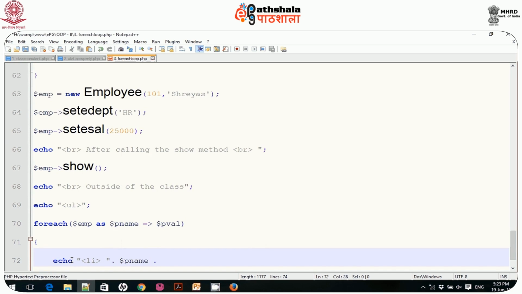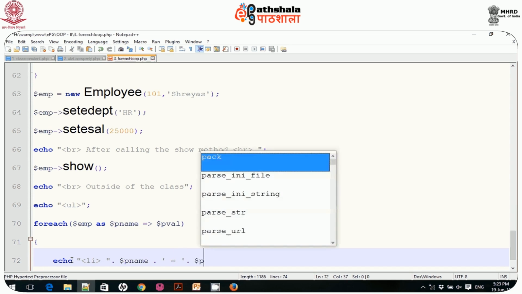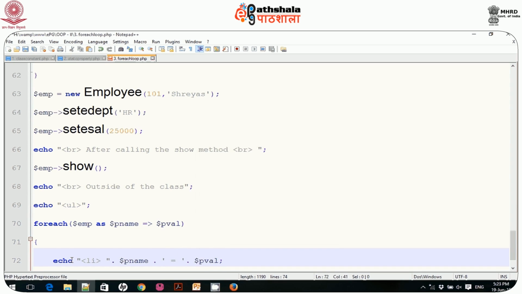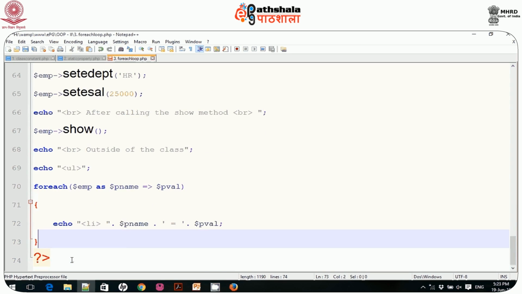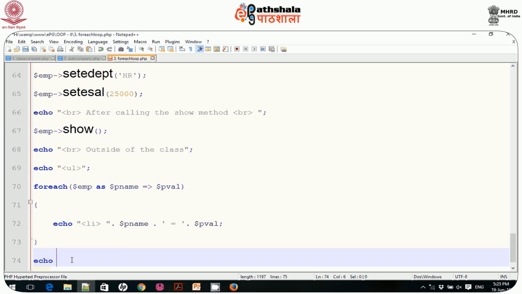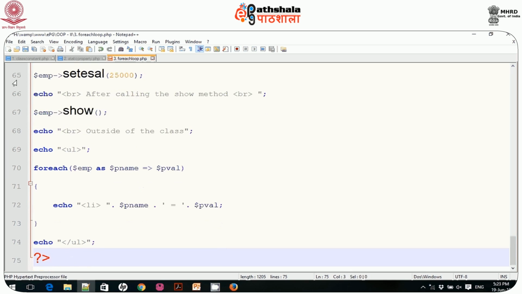$p name dot equal to dot $p value semicolon, and echo unordered list. I should close the tag. So this tag is closed. Now if I execute that code,